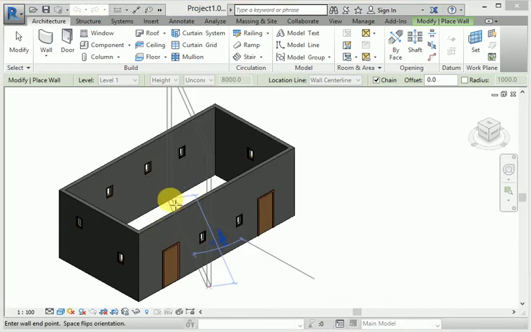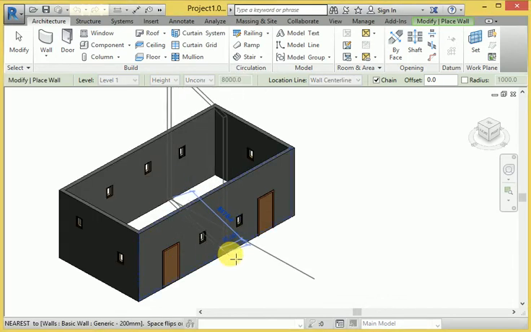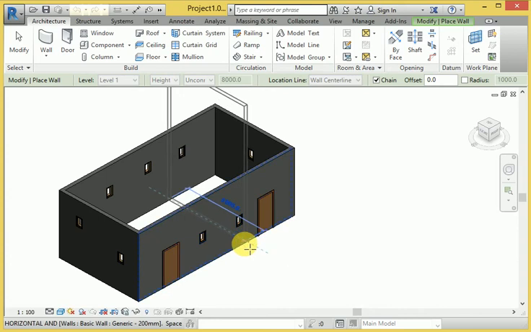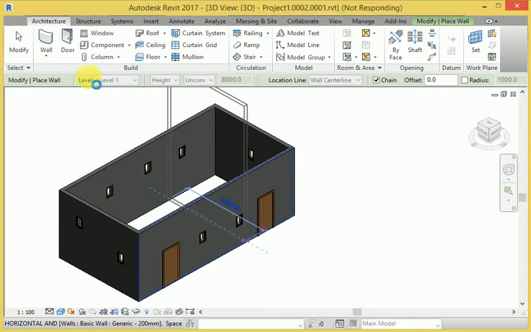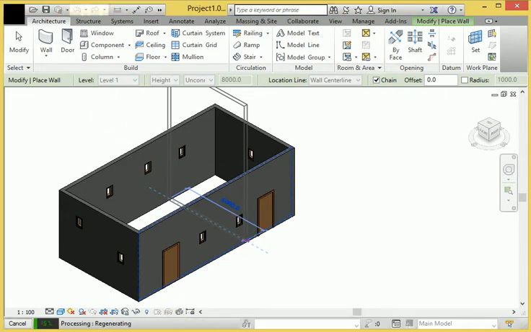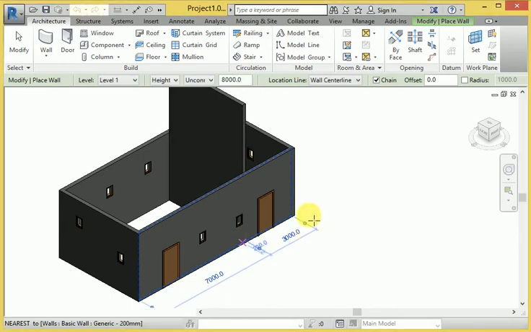Now I have join this particular direction. This one I have go to join in the wall here, and it completes the wall connection. So look at this here, you can see that join this wall here.